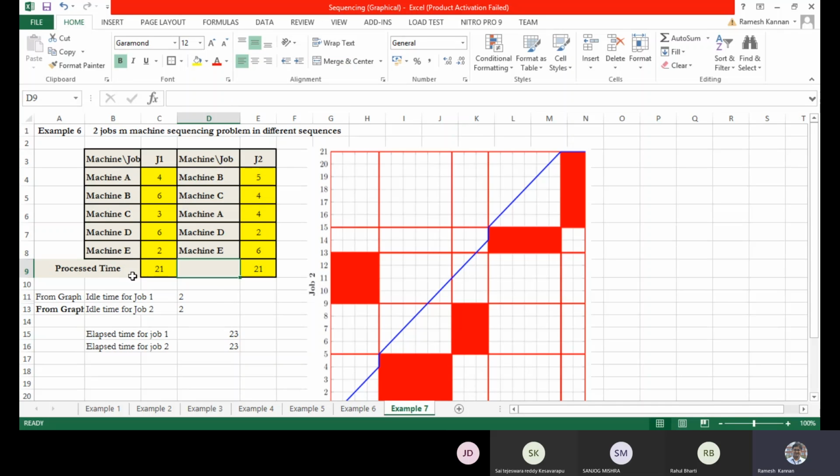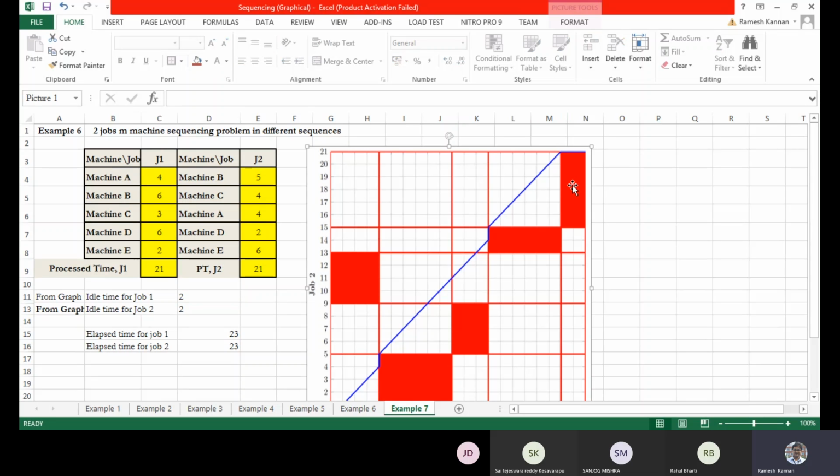This is the process time of J1, and this is the process time of J2, PT J2 for short because of the space constraint. Processed time of J1 and J2 is given.